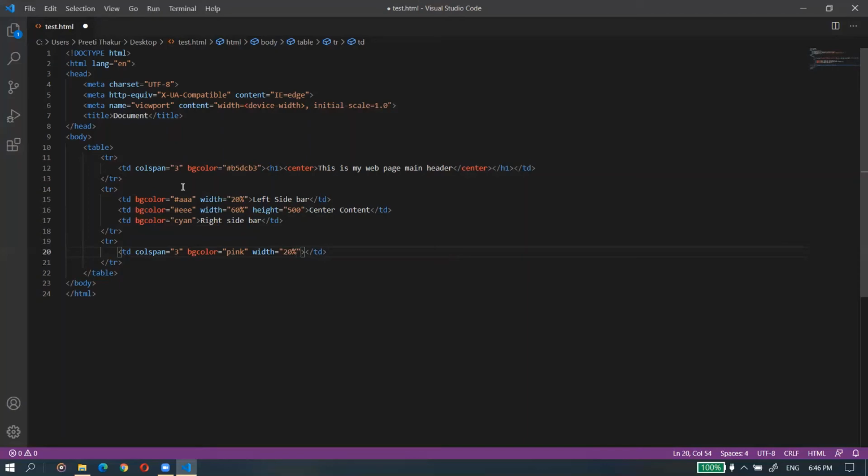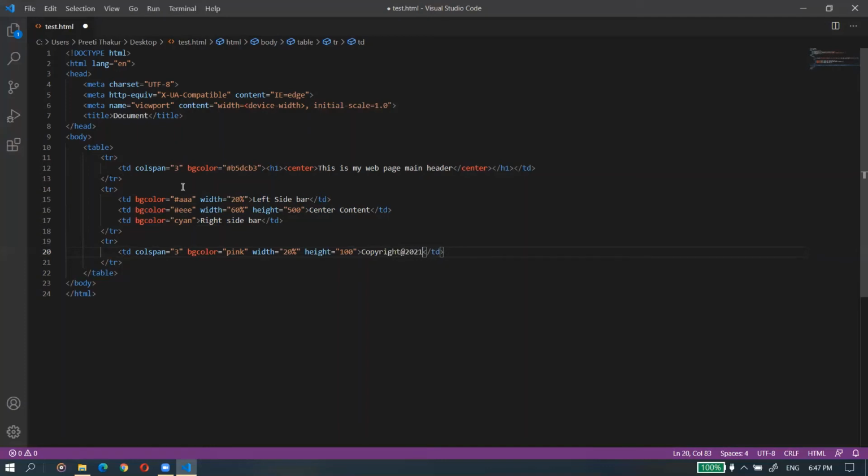And also you can set a height to 100. I'm setting it to 100. What you can do, you can calculate the resolution of your screen, and accordingly you can set width and height. Okay, so here I will write copyright, because it is a footer, so I'm writing it like this, 202.